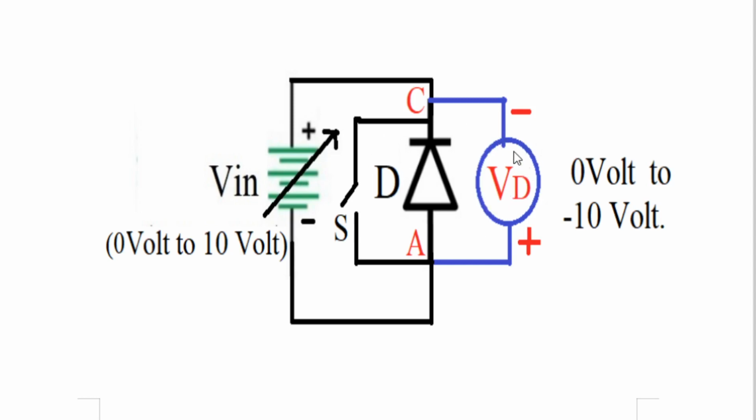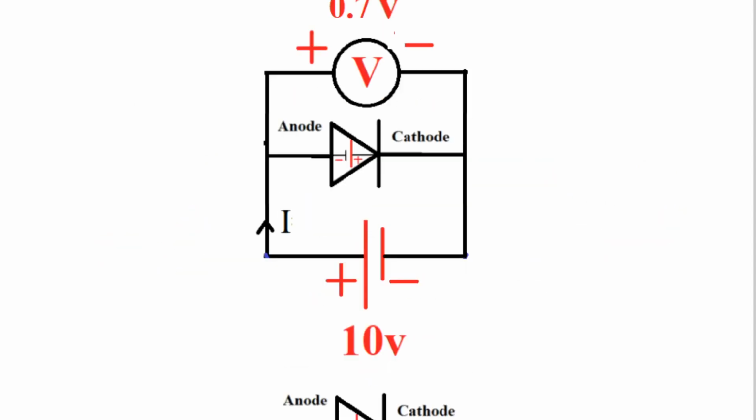But remember again, this voltmeter will show applied voltage Vin of 1 volt as minus 1 volt, and applied voltage Vin of 2 volt as minus 2 volt here, because the voltmeter is always connected such that the positive of the voltmeter is to the anode of the battery and the negative of the voltmeter is to the cathode of the battery. Therefore, this voltmeter is connected such that its negative is to the positive of battery Vin and its positive is to the negative of the battery. Therefore, this will show minus.